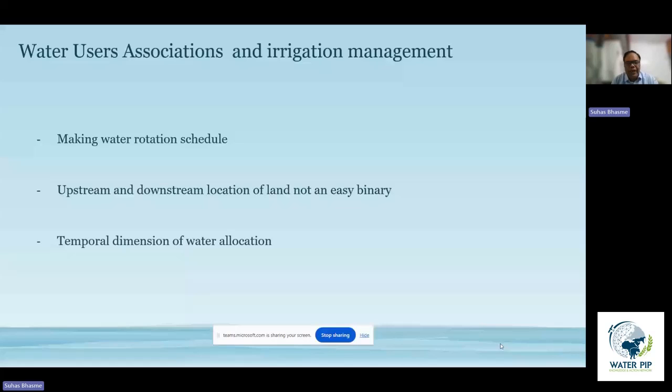The other interesting aspect in terms of water user associations is that we normally understand the upstream and downstream location of land in terms of proximity to the canal irrigation. It is assumed that most of the time it is the upstream farmers who benefit because of their proximity to the canal, while the downstream farmers, mostly the tail enders, face challenges in maintaining access, which is true to a larger extent. But what I found interesting is that it also depends upon who your neighbors are in the upstream farming lands as well.